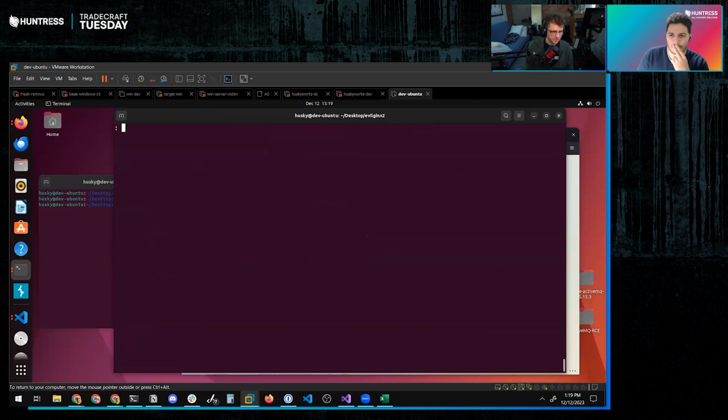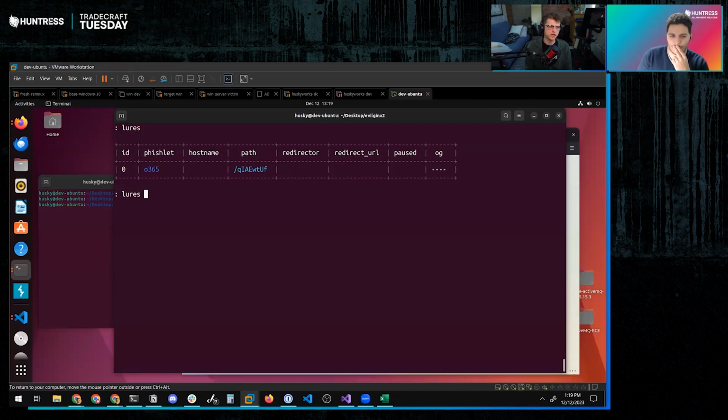So the idea here is that when you stand a phishlet up, you are going to generate a lure. And a lure is the actual phishing link that you will present to your target. In its default form, if you attempt to access the Evilginx endpoint and you don't use a lure link, you are redirected to a configurable redirection URL. Does anybody know what the URL is if you just run Evilginx out of the box? It is, in fact, the Rickroll. So that's fun. Learned that the hard way.